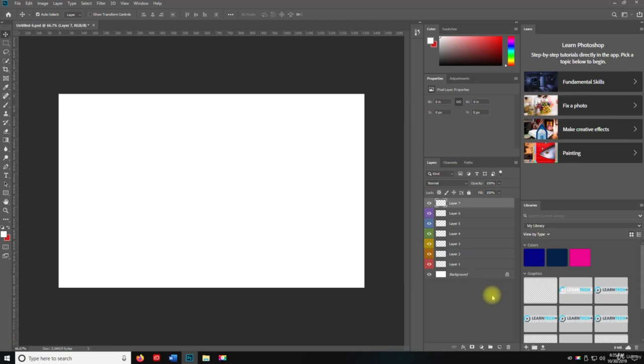So the next thing we're going to talk about is layer via copy. If I hit Control J, it's going to copy layer 7, which, I've got to be honest, I didn't even know that you could do that. That's awesome. That's something that I learned when I was researching for this course. Now, if we want to cut that layer, we can hit Shift Control J. And what that's going to do is cut the layer, and then we're going to hit,